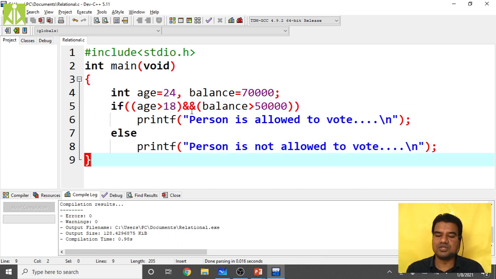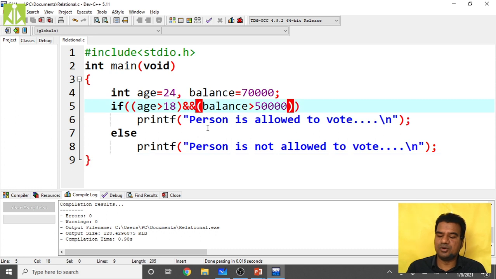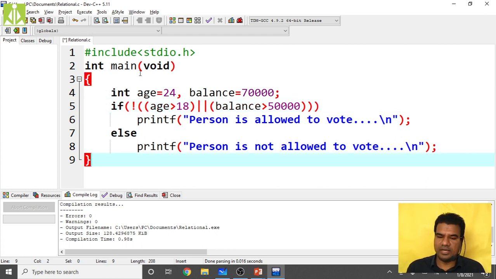Remember that one. So okay, the logical OR and logical AND we will do in the next class, or you can even practice. Simply what you have to do, you have to put the logical OR over here like this, two lines. Or to check the NOT, like this you can put not of, and go to the end and put another parenthesis like this. That's it. Okay, in this way also you can try.